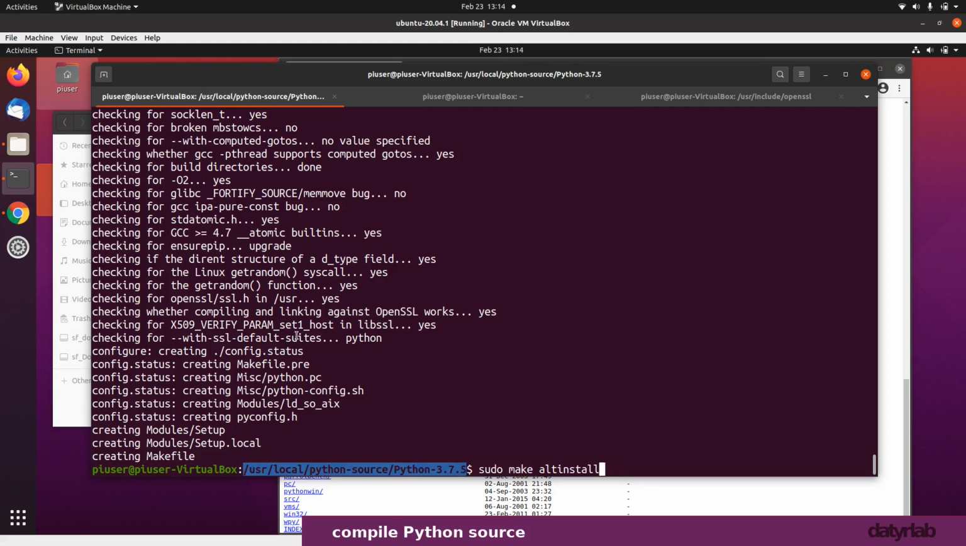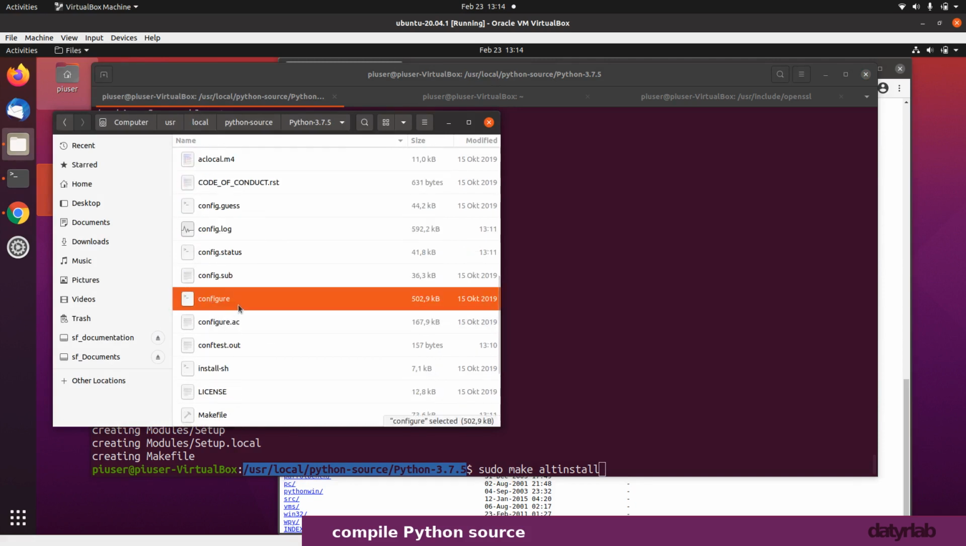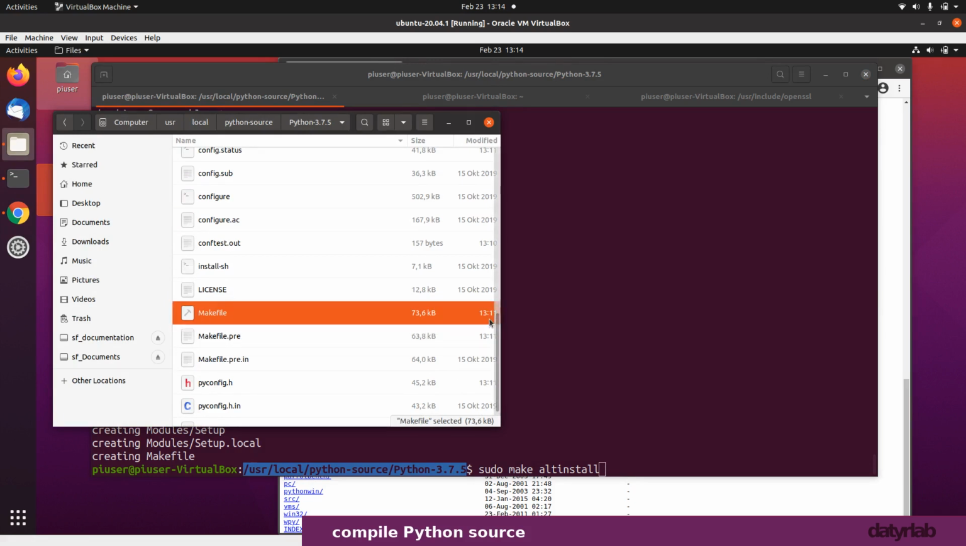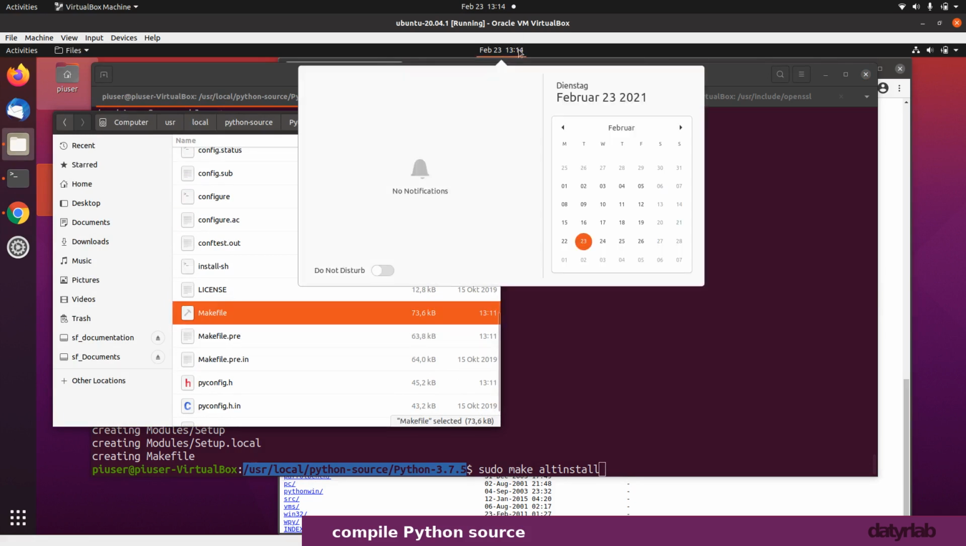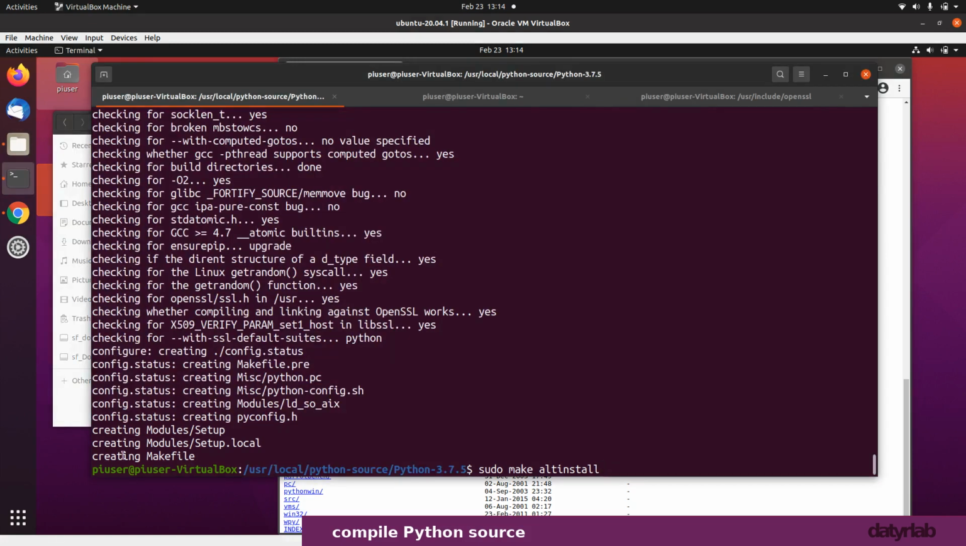Now let me just go back to this before I actually click on that. When I ran configure, what it did was create this file. We can see it's 1311 and up here it says 1314. So that's what it did. It successfully created my Makefile, as you can see down here. So now I can run sudo make install,